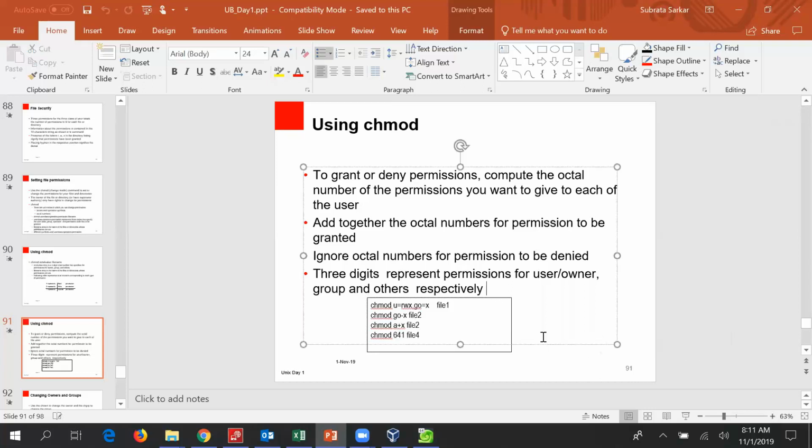What is 6? 4, 2 and 1, right? 4 and 2 is 6. So read and write is 6. 4 is read and 1 is execute.